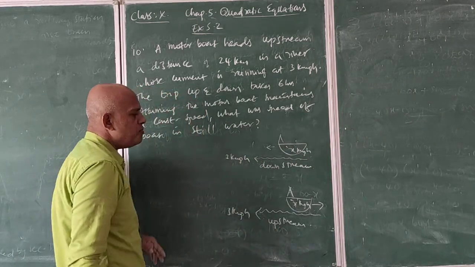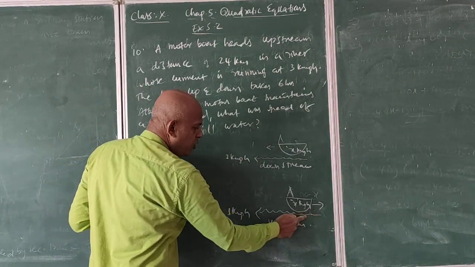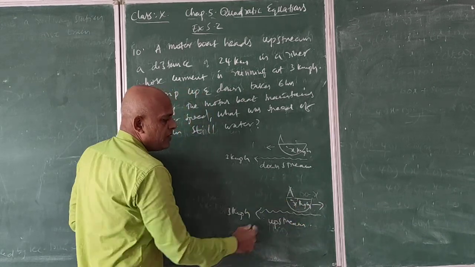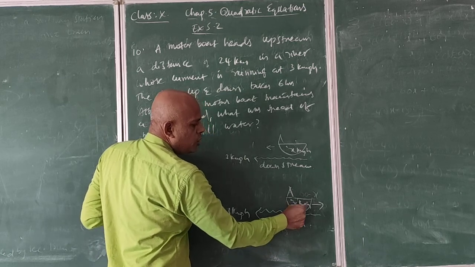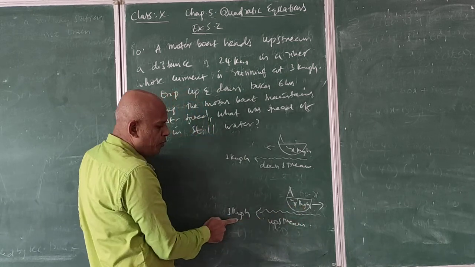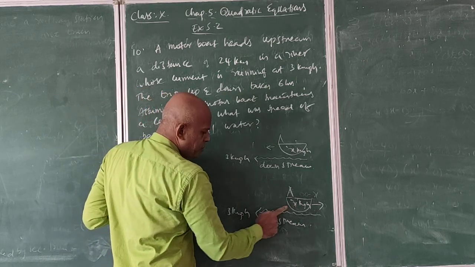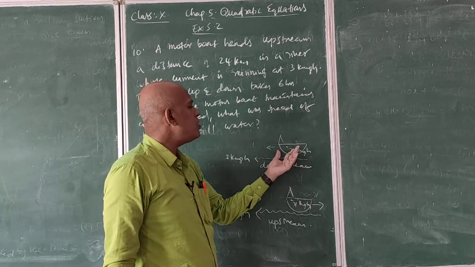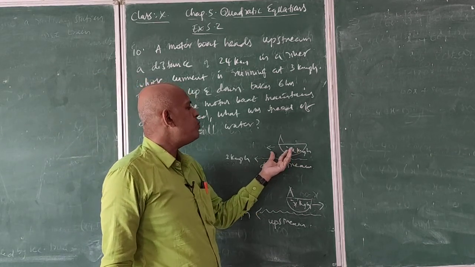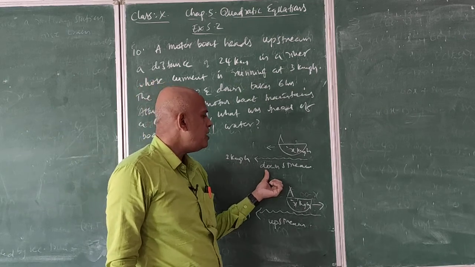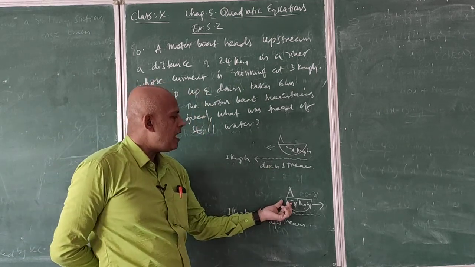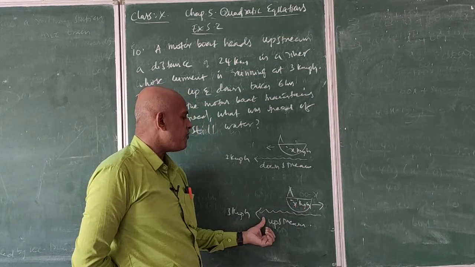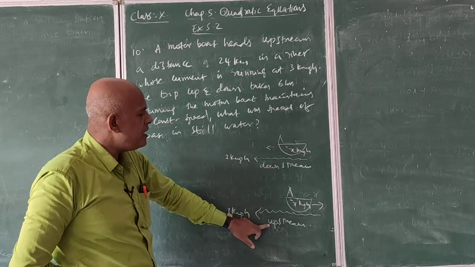Coming to the upstream, upstream is what? Opposite direction. Water is flowing in this direction and boat is traveling in this direction, opposite. Then the speed of the boat decreases. When the speed of the boat is x km per hour, and the water flow is 3 km per hour, it reduces by 3 km per hour. Overall, you have to understand about the downstream and upstream. When water and boat are traveling in the same direction, then the speed of the boat increases with the speed of the current or water flow. And if the boat is traveling in the opposite direction of the water flow, then the speed of the boat decreases with the speed of the water flow. So that is called downstream and upstream.